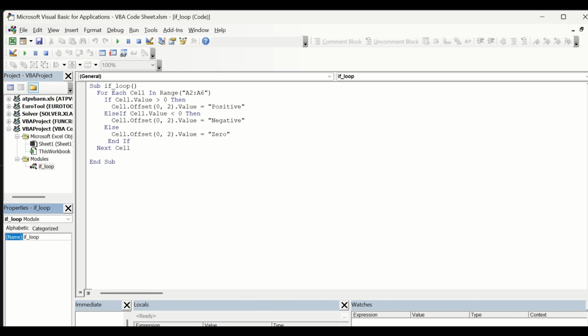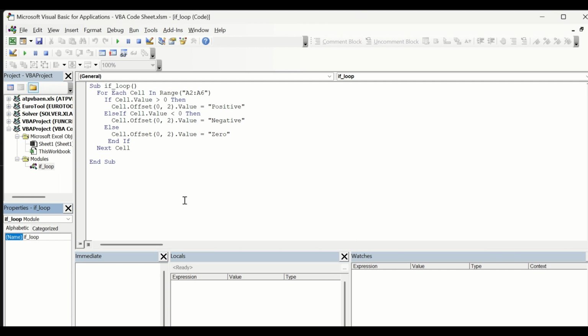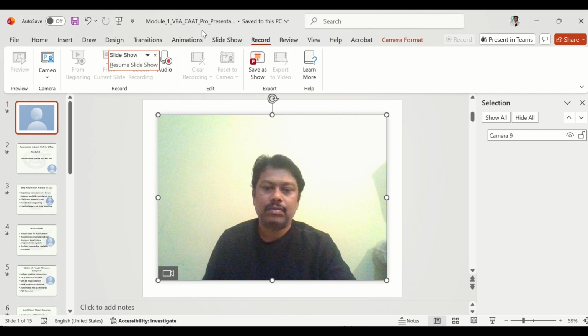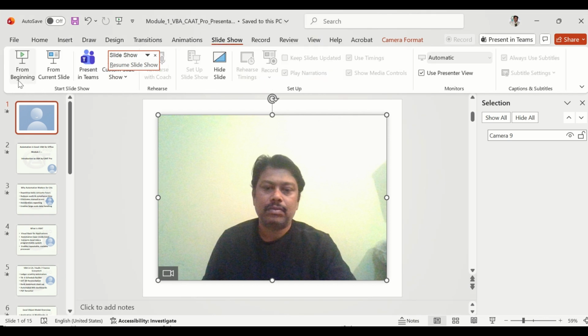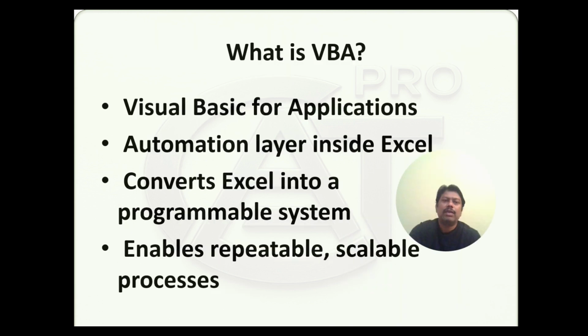Here it is. This is about the project explorer, code window, immediate window, properties window, modules and procedures. Here we have discussed